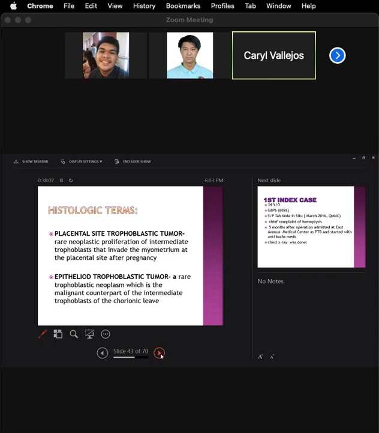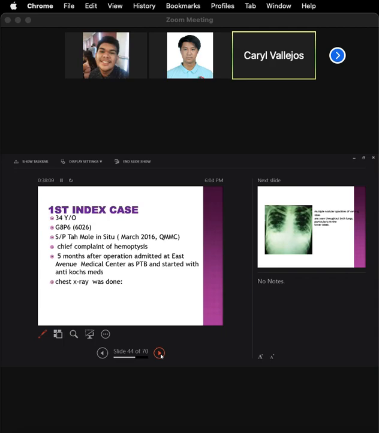So we have here again an index case. A 34-year-old gravida 8 para 6026, status post molar pregnancy in situ. She has a chief complaint of hemoptysis, or coughing out of blood. 5 months after operation, she was admitted at the tertiary government hospital, and she was diagnosed as PTB and started